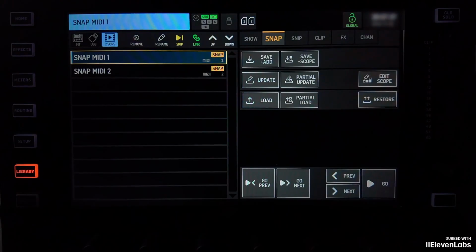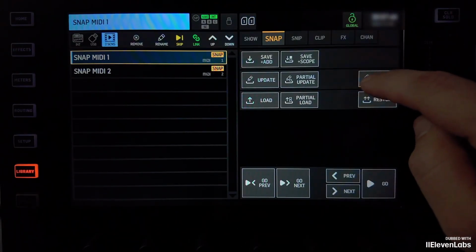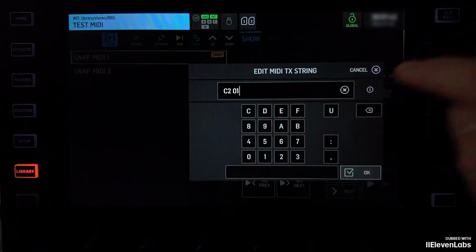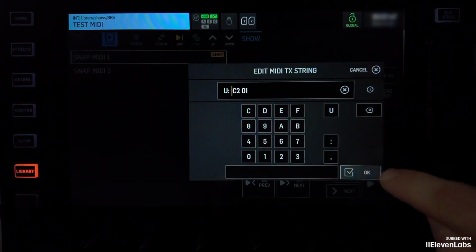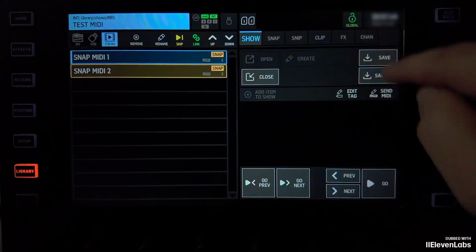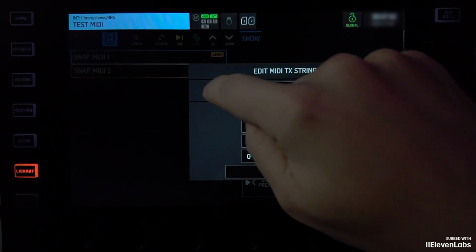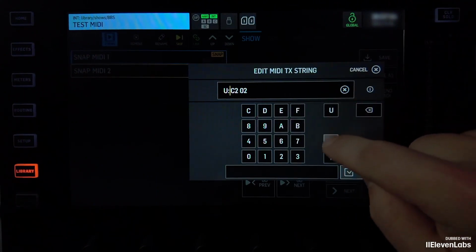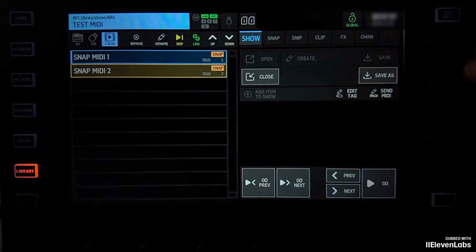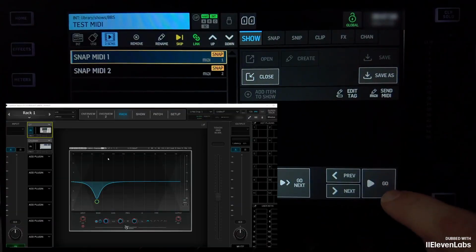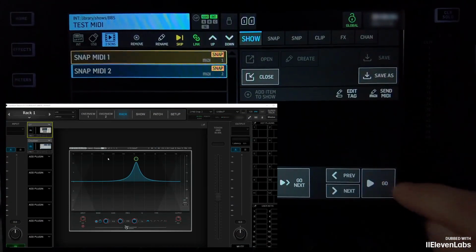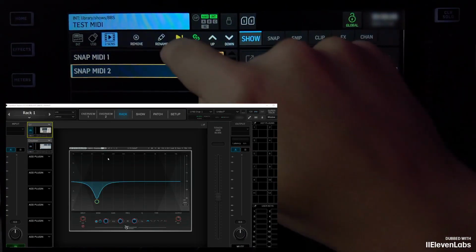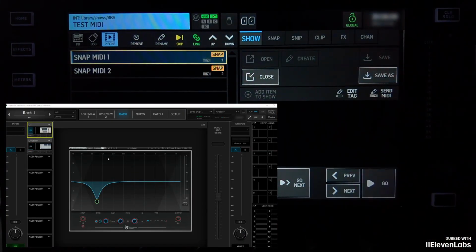I can work around this by simply saying in the string of the snap, so in the MIDI string, I insert a U colon at the beginning. I do that with this one, and I do that with that one too. U colon. And if you look over now, then you see that it works again, because with this U colon, it knows, okay, I need to send this MIDI string to the USB interface.